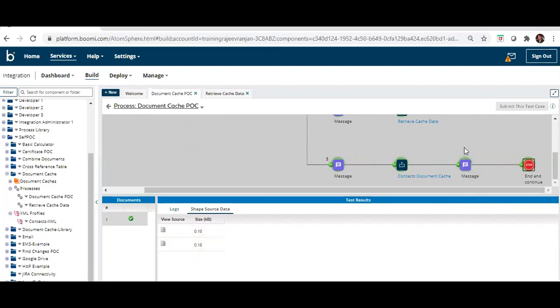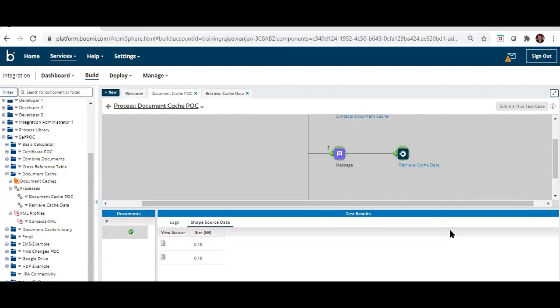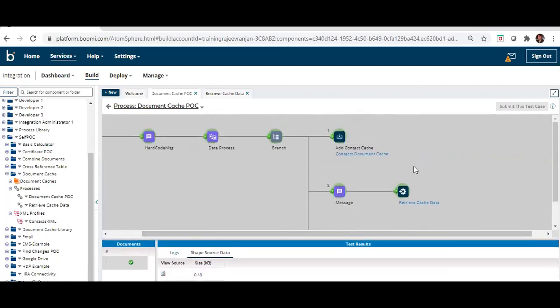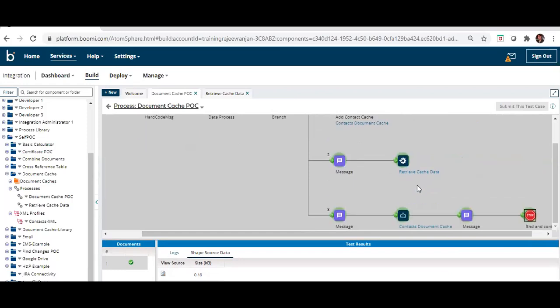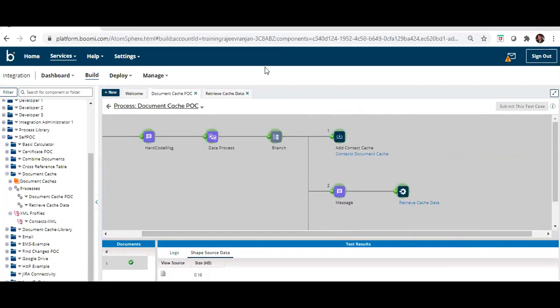So in these examples, we are finally able to see how we can add data using add to cache, and how we can use retrieve from cache, within the same process and within the sub process. This is a very important and interesting feature when we want to cache something into memory to avoid more computation time. This is a good feature we can use.